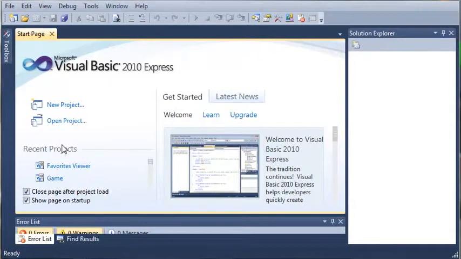And in this tutorial, we're going to create a favorites viewer. Now this is going to be spread out into a bunch of different tutorials because this is a fairly large application compared to what we've made so far. But compared to all other apps, this is pretty light. So,